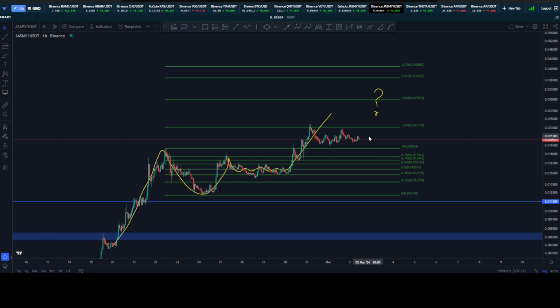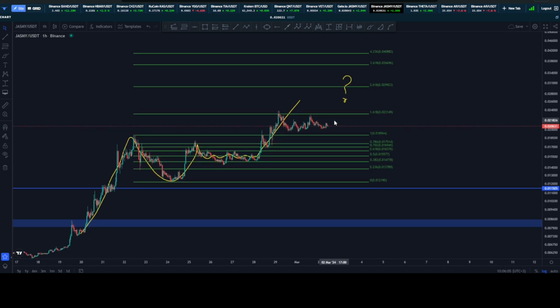Of course, yes, as I was saying, my base case scenario on the JASMY price really hasn't changed that much, but I'm still going to entertain this idea here, and obviously I'm going to be taking action. I'm going to be taking a short-term trade here. I'll be posting exact levels in my Patreon later on,